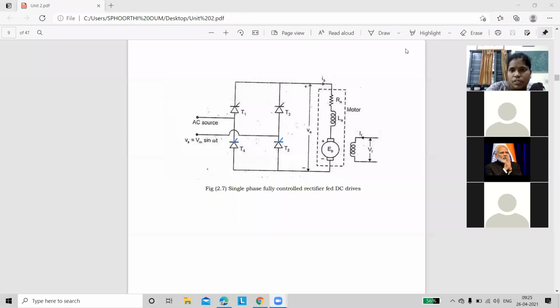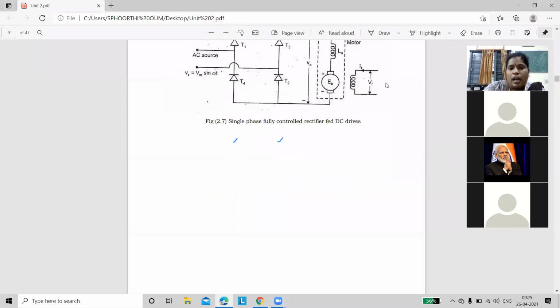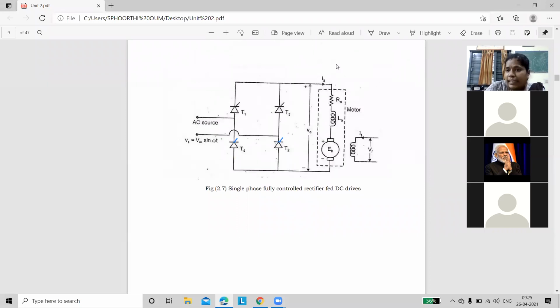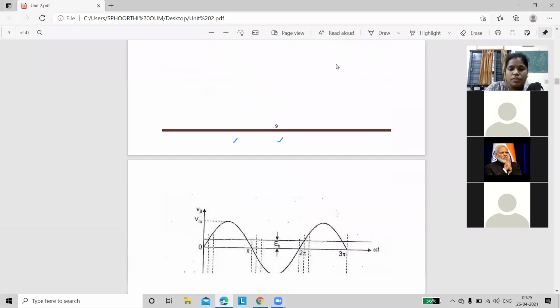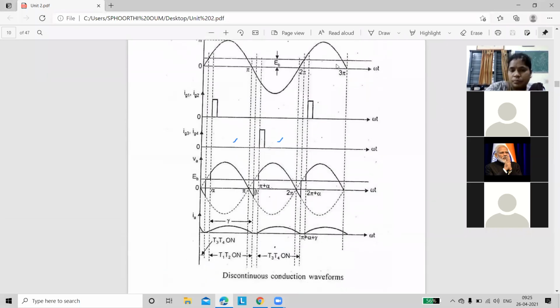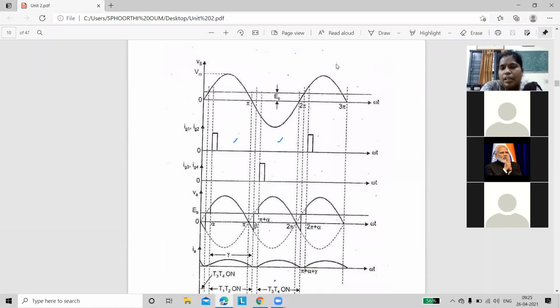Okay, right. Just wait. And for the circuit, you have to explain the waveforms during continuous mode and discontinuous mode of operations. First of all, see the waveforms clearly, and I will say what the waveforms are. Just read, then I will explain what is what. Just wait, I will remove the annotations for you. Okay, right? The first one is our supply voltage. That's why we are drawing a sinusoidal voltage here, and that is represented by Vs.